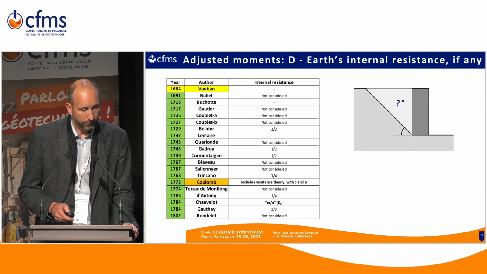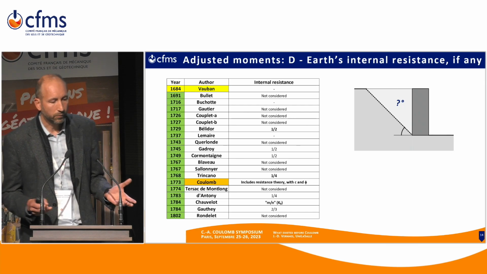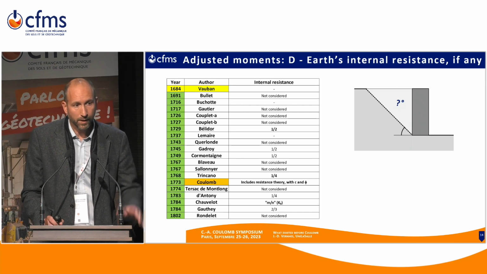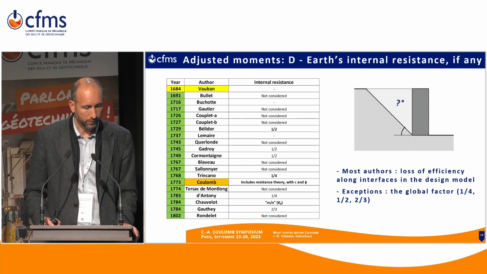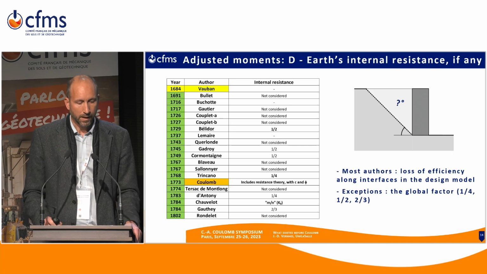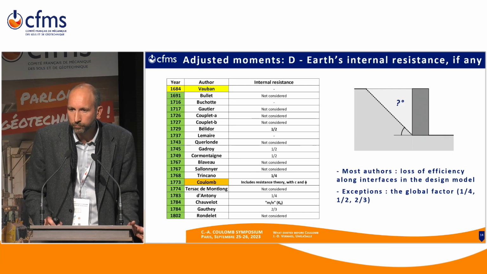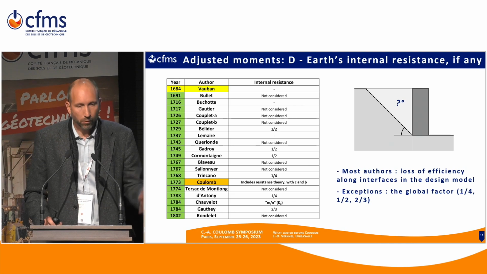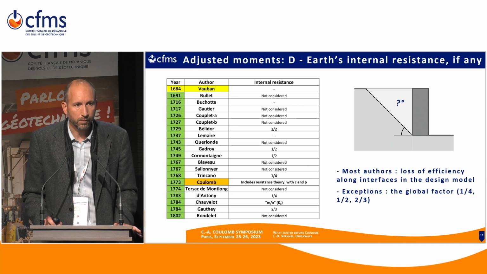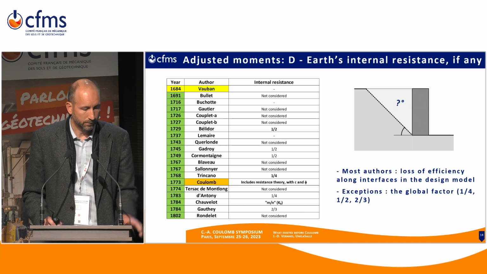So we arrive here at the fourth parameter, which is the question of the internal resistance, if any. So those who have those geometrical considerations, then they don't need this internal resistance. Whereas Bélidor has to use another factor. In this case, it's 1/2. And it looks like sort of K0. Considering all this, Coulomb is totally original there because his approach is interface resistance and not internal resistance with his C and phi theory.